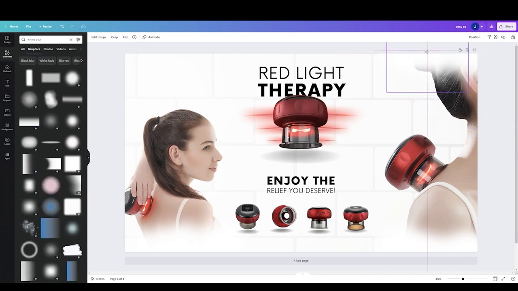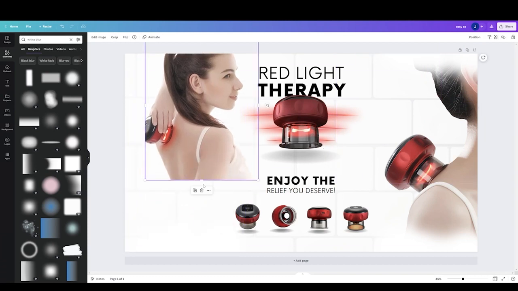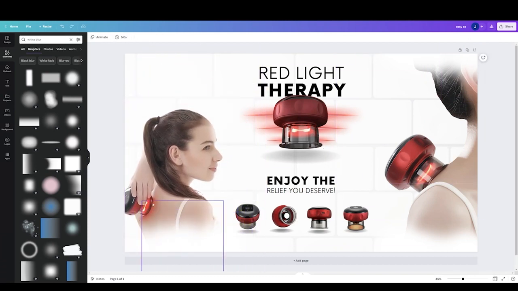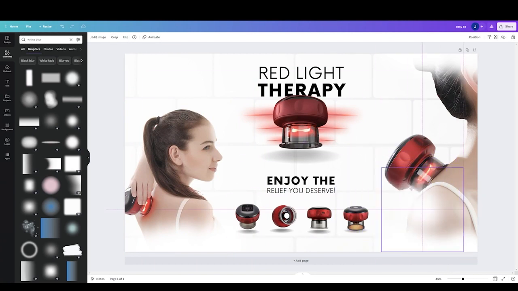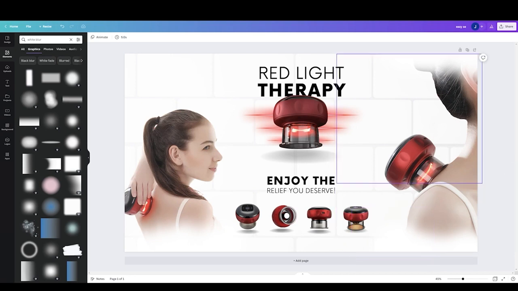And I did these to kind of make the image feel like it's not so square, right? That doesn't look as good. When it's a blur like this, it just looks a little bit more fancy. Okay, so I added in a bunch of blurs, just copy and pasted them to make it look like a nice fade effect. I mirrored these up, and this red light therapy thing I already made for my product image,